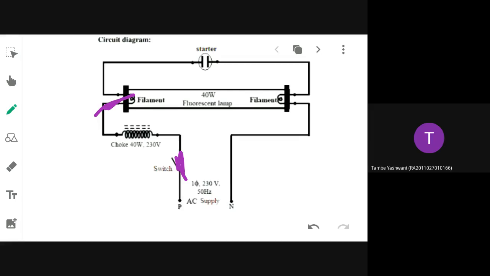Okay, so you have to be careful. Slippers, ma'am? Slippers. What slippers? Wearing slippers is telling you not to help you. You are telling me that you will wear slippers and you will touch the bare copper wire? No, ma'am, for precaution purpose. You should wear them, but you should never touch bare copper. By mistake, accidentally, if you touch it, you will get a shock.